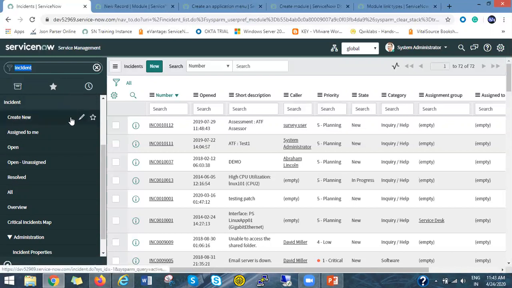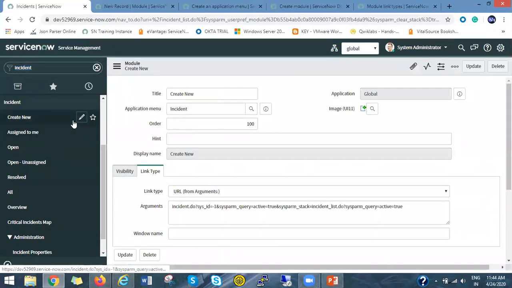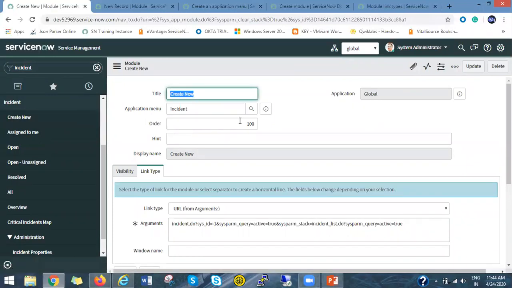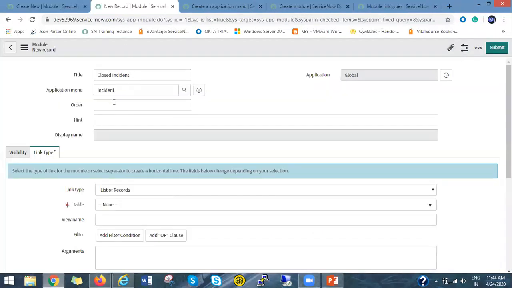To see the order, you can open this. Now you can see the order of Create New is 100. So if we want to keep Closed Incident on the top, the order should be less than Create New.